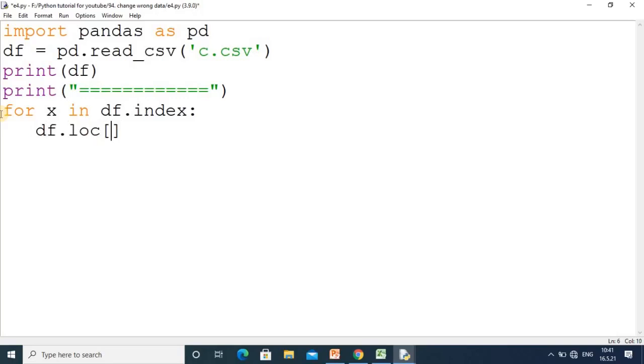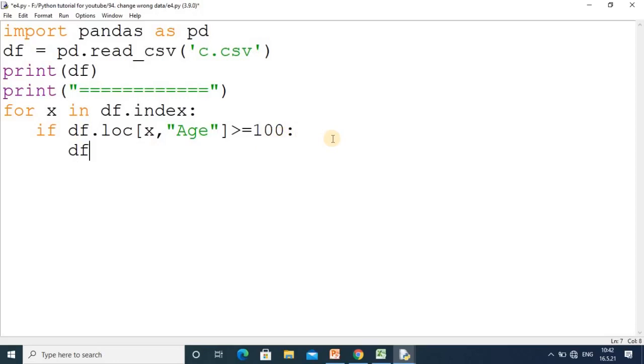Here I have to specify this x, and the column. Our column is as usual age, and I want to specify a condition here: greater than or equal to 100. So if a particular age is greater than or equal to 100, then here again you have to use an if statement. Our condition is very simple. In that particular record, if the age is greater than or equal to 100, then what are we supposed to do?